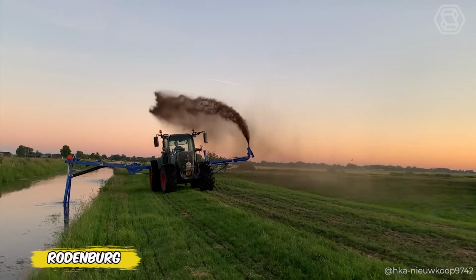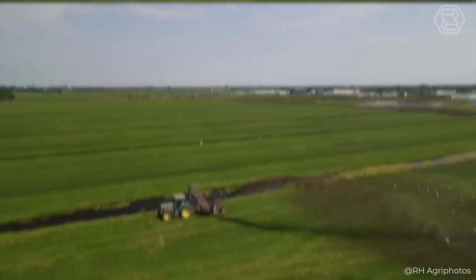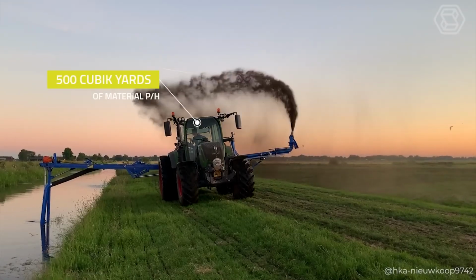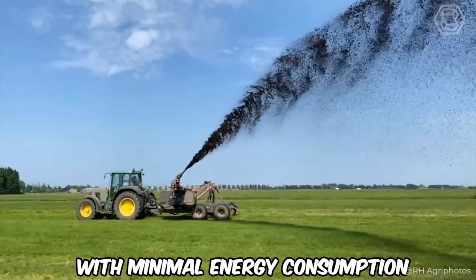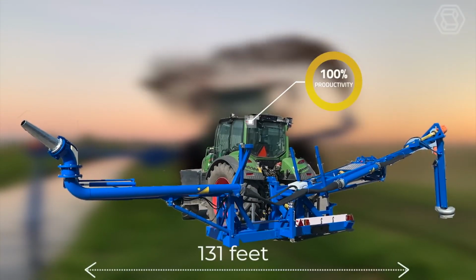Looking for a solution to improve peat soils? The Rodenberg sprayer from HKA is what you need. This lightweight machine is capable of processing up to 500 cubic yards of material per hour, demonstrating outstanding performance with minimal energy consumption. With a working width of up to 131 feet and the ability to fill with water, the